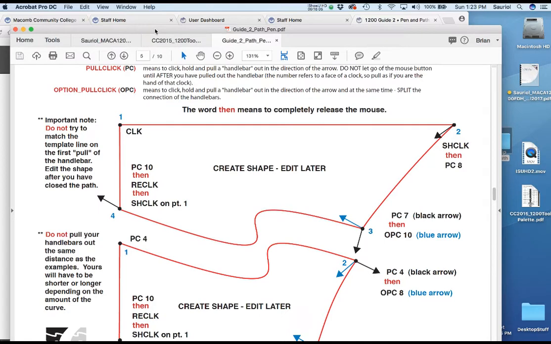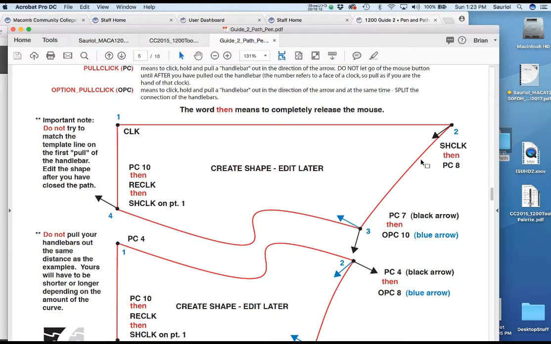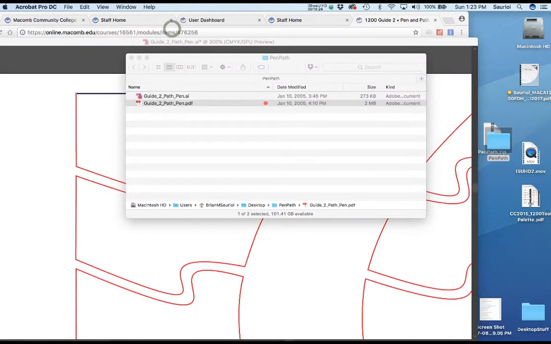So don't be in a hurry to get this done. Be dedicated to understanding the pen tool, and you're going to get frustrated at first. So understanding the pen tool is not easy. Now what I just said was, and this is not an assignment about doing this pen tool, or a movie about it, but I'm going to go in here and pull click to 8, and then I'm going to go down here and pull click to 7.